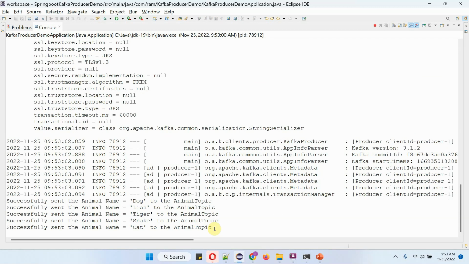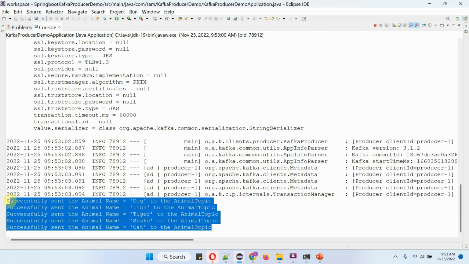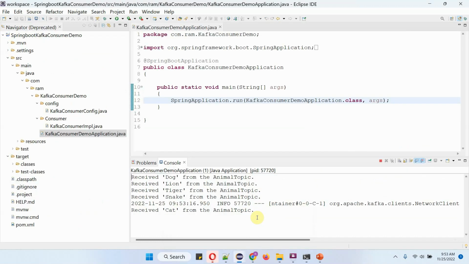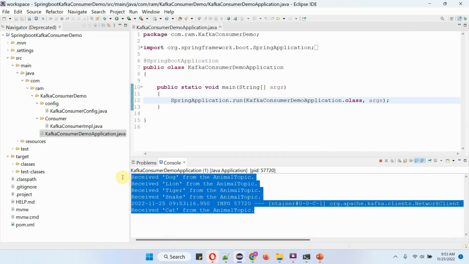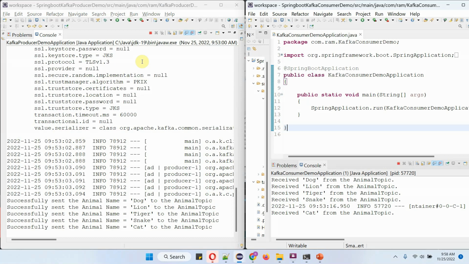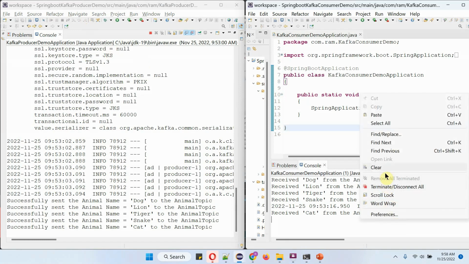And it send this animal names to animal topic: dog, lion, tiger, snake, and cat. And we will see the consumer application, and here you can see the consumer application received all the animal names from the animal topic. Here you can see in left side producer application is there, in right side consumer application is there. Clean this log